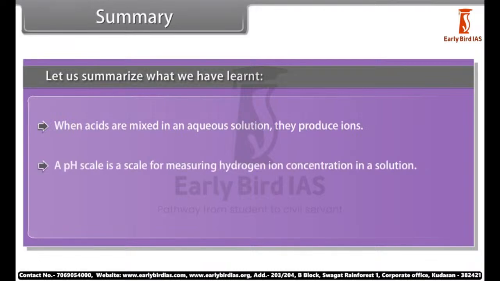When acids are mixed in an aqueous solution, they produce ions. A pH scale is a scale for measuring hydrogen ion concentration in a solution. Salts are